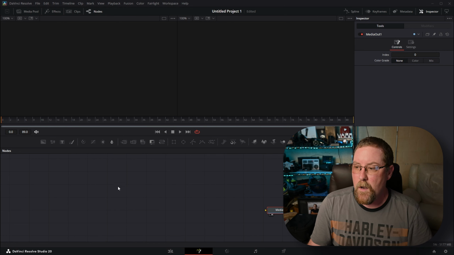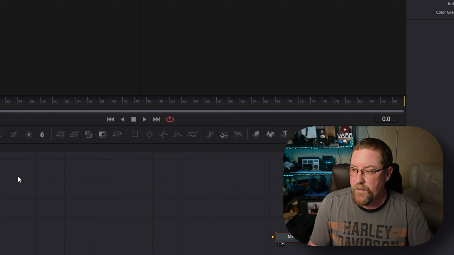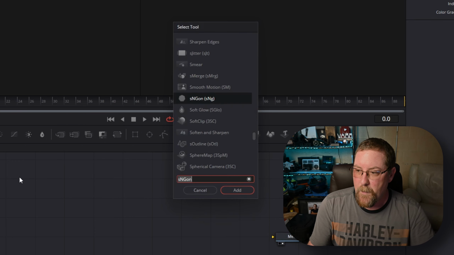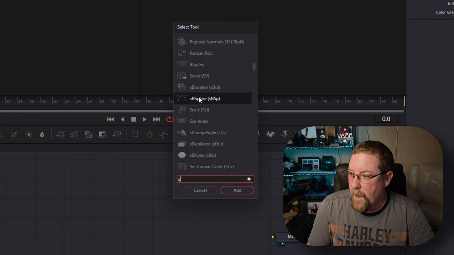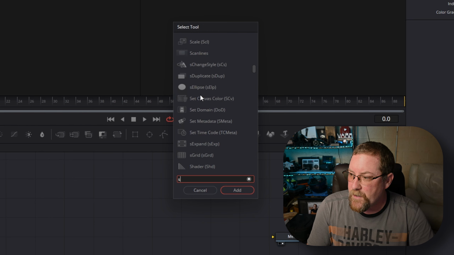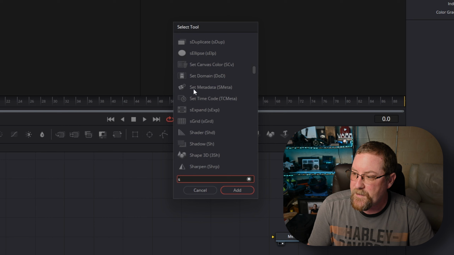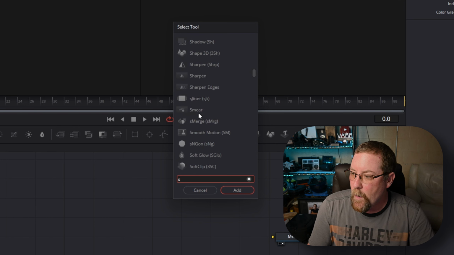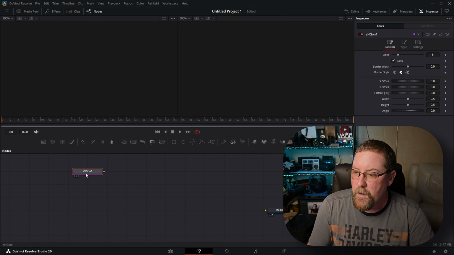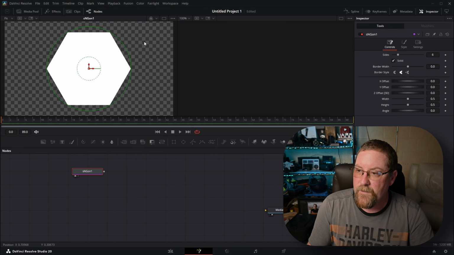So let's add one. We're going to click in empty space so nothing is selected. Press Shift Spacebar and type in S. And you see SB spline. And there's a bunch in here. There's a bunch of different shapes. We've got S ellipse and an S grid and some other S things. But what we need first is an sNGon. So I'm going to add one. And there it is. If I press the 1 key with that selected, it shows up in our left-hand viewer,